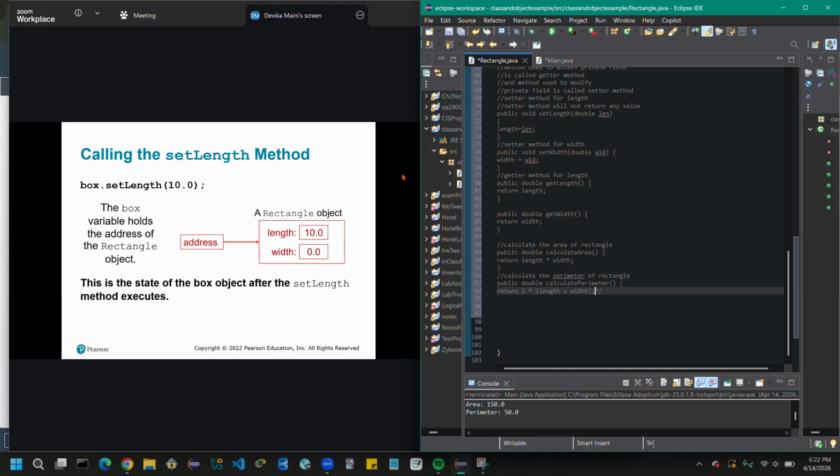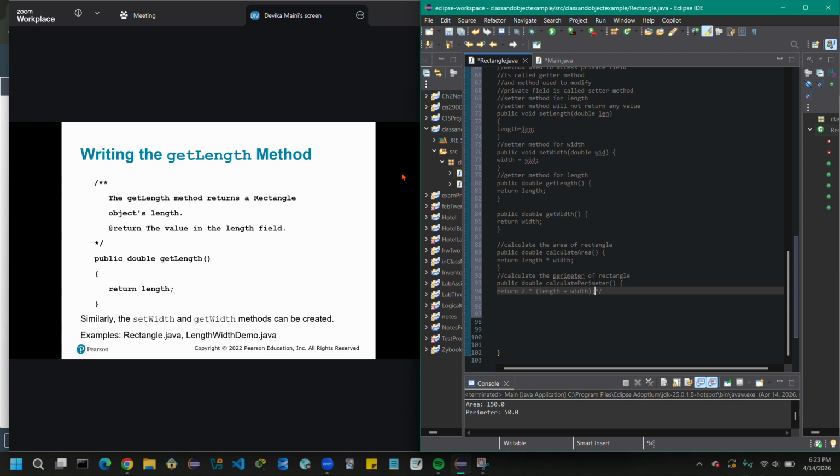So now we call the setLength method: box.setLength(10.0). The box variable holds the address of the Rectangle object, so now the length is changed to 10 instead of 0.0. This is the state of the box object after the setLength method executes.